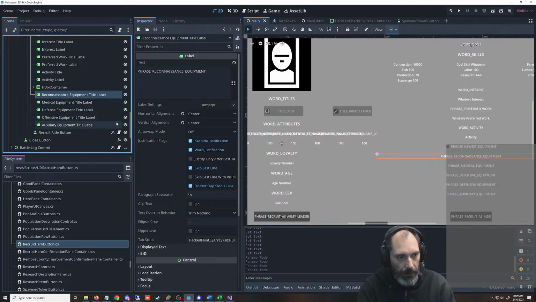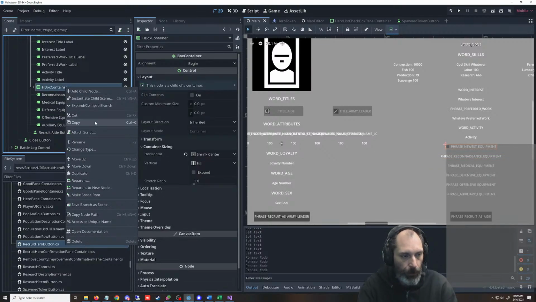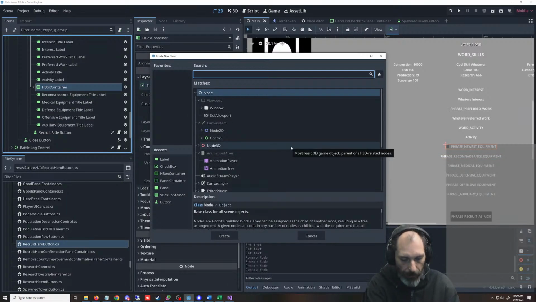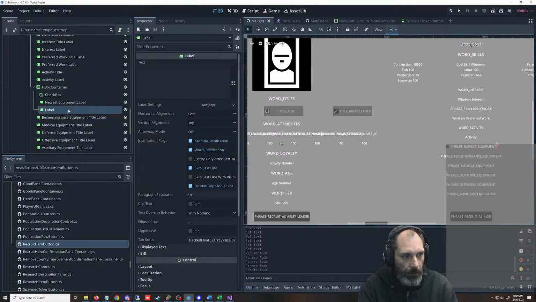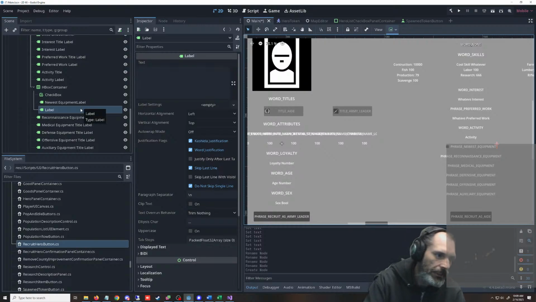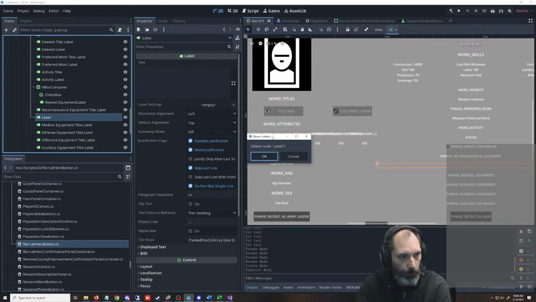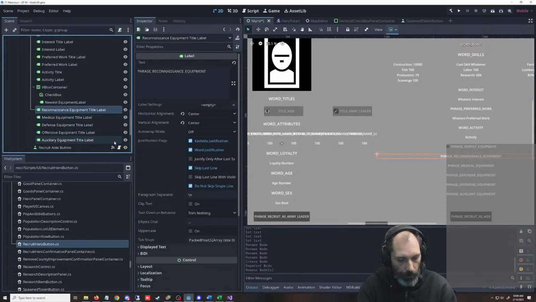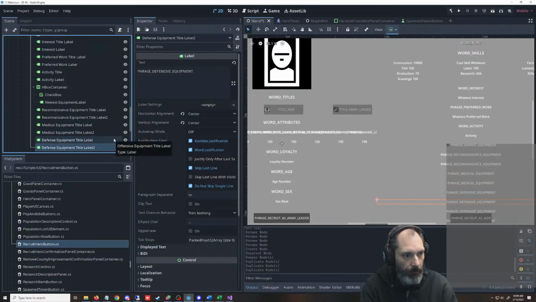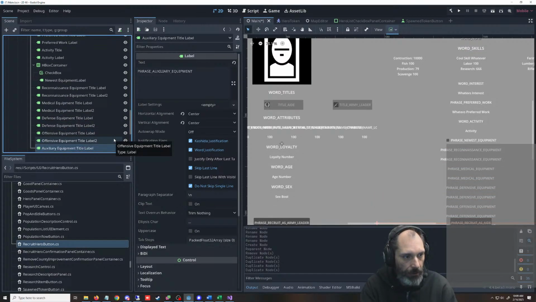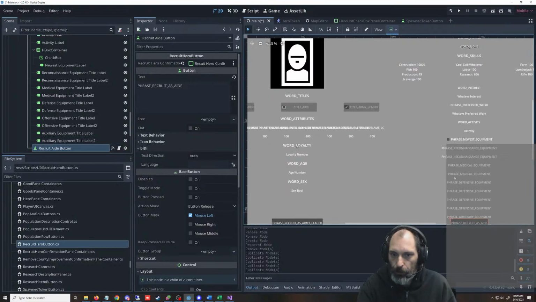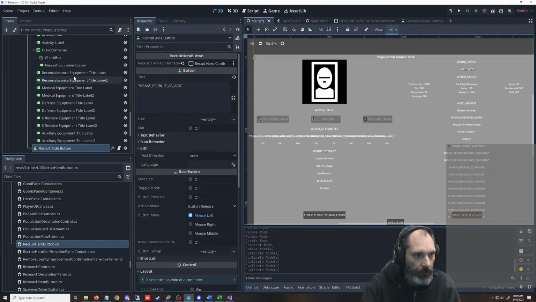We're going to actually need another label in between each one of these. So let's just add a node label here. Oh, I see. We want this here. You know what? I was thinking this would be easier with a new label, but actually let's duplicate each one of these. And then we'll change it. All right, now we have too much. We have too many things, so we'll fix that too.